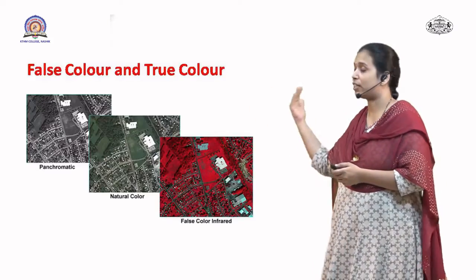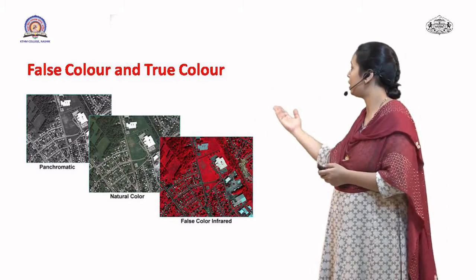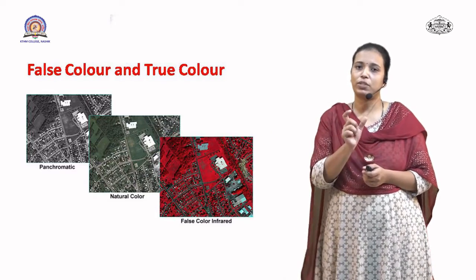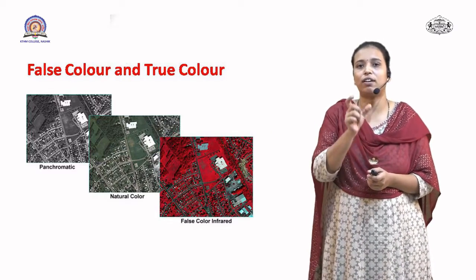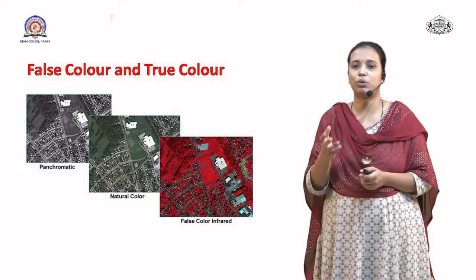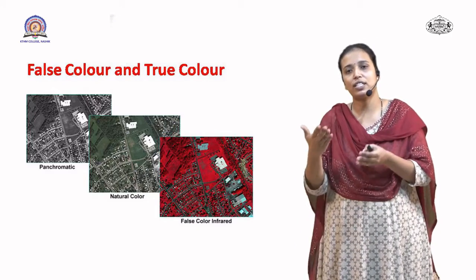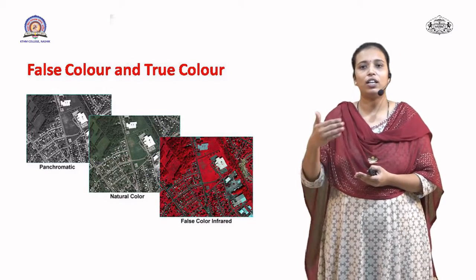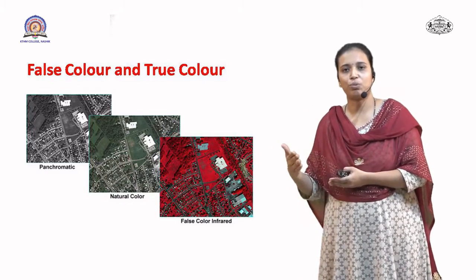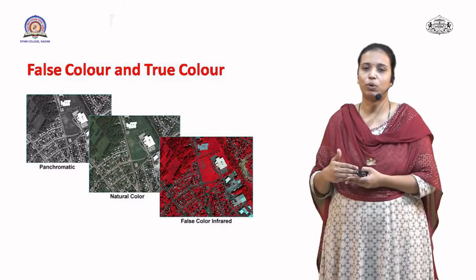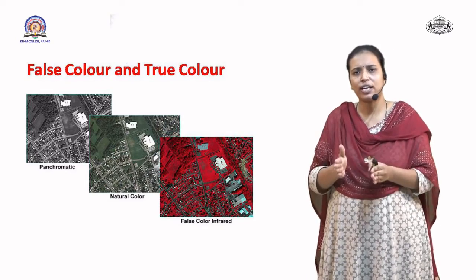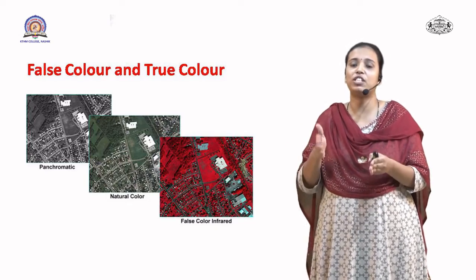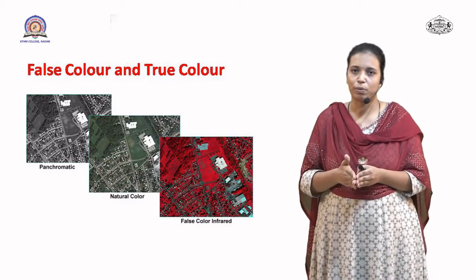So then the sensors were modified to take pictures through true color composite. The second image which we are seeing is the true color composite. True color composite means the objects are captured by the satellite sensors in their original color. As we can see, the trees are green, so they are reflected as green. The rivers or water are blue, so we see them as blue. So visible radiations placed in the EMR spectrum are used in true color composites.